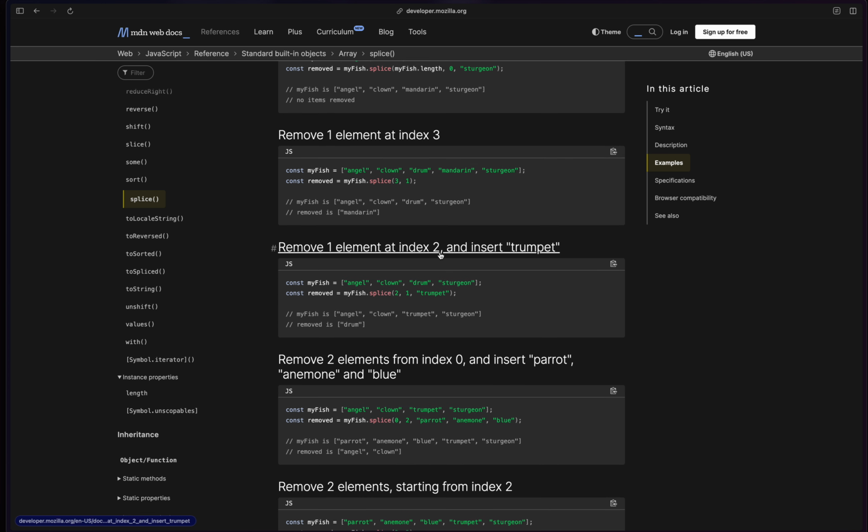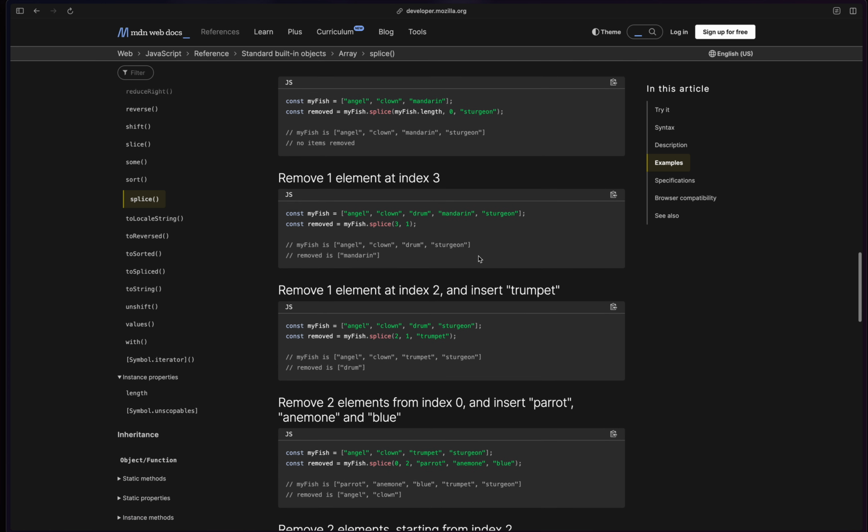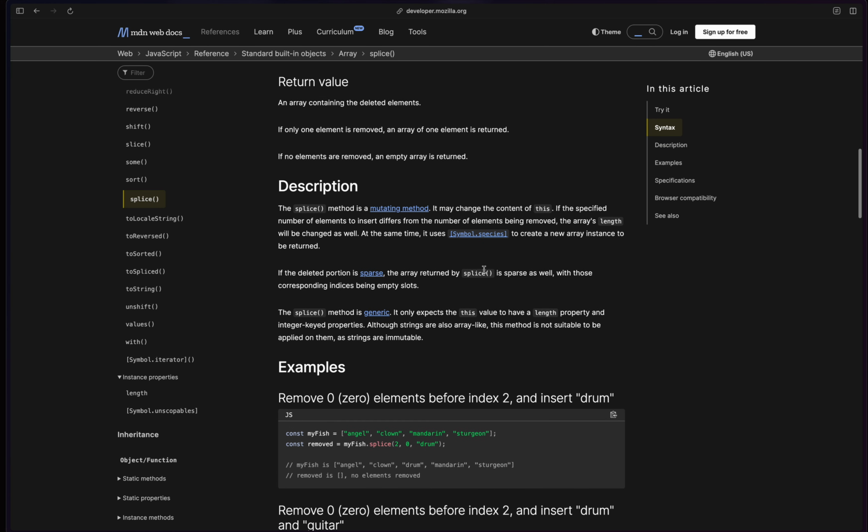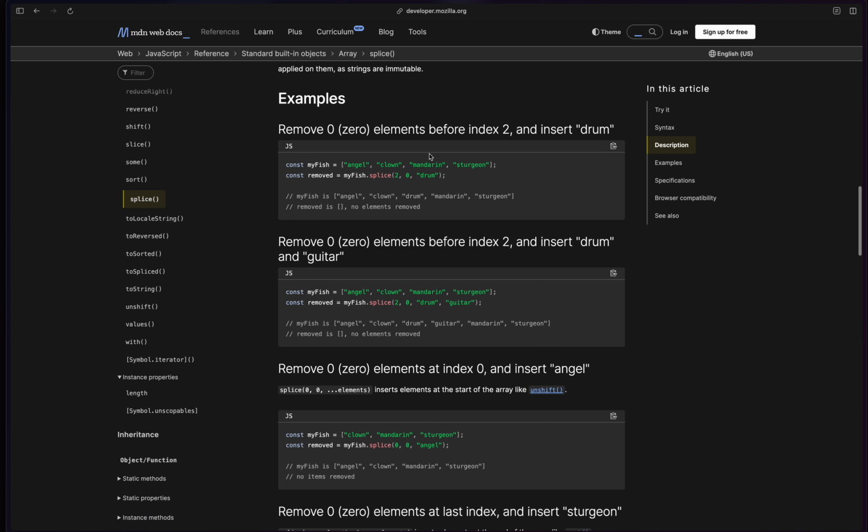Remove 0 elements at last index and insert. Okay, so what we can do is splice, remove 0 before index 2 and insert num. So I think this should work,